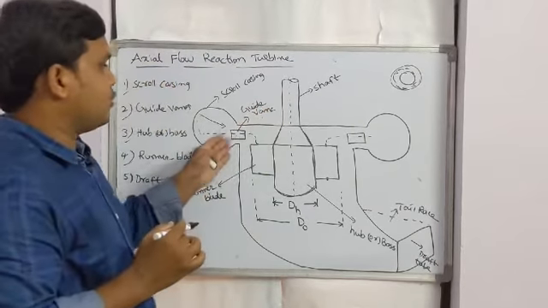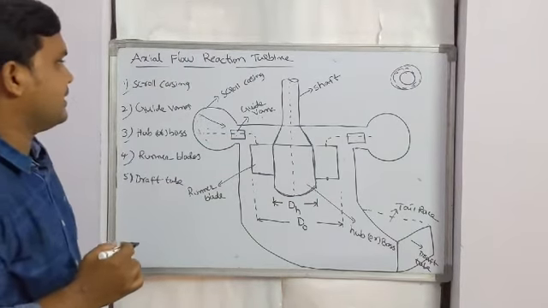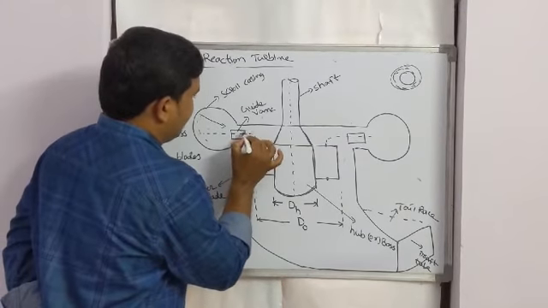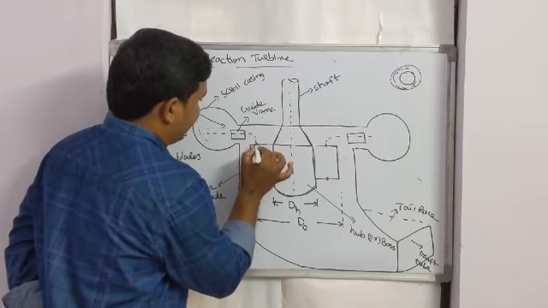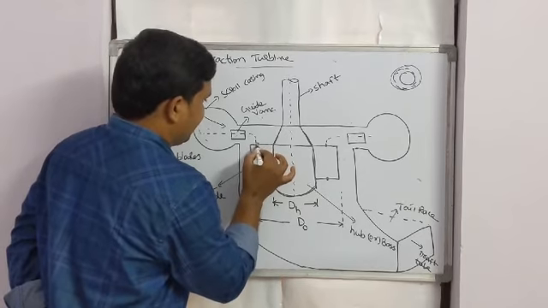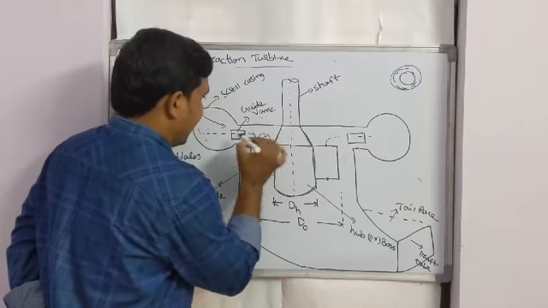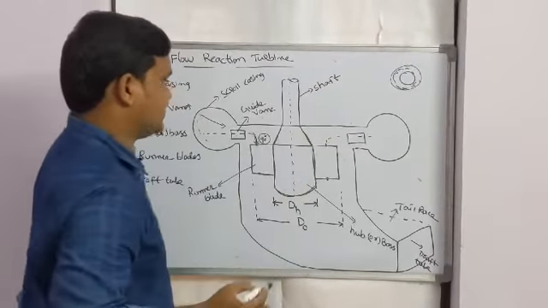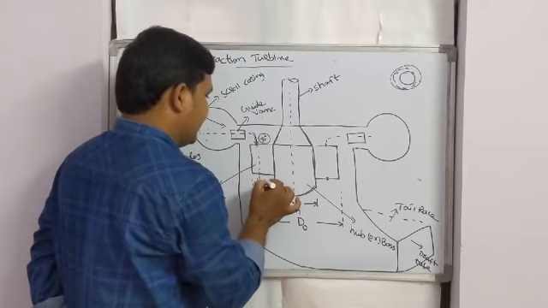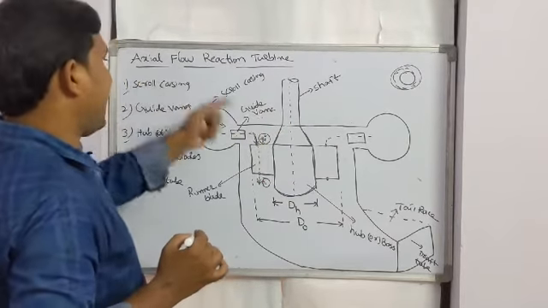If you want a better understanding, please refer to my animation lectures on the axial flow turbine, that is, the Kaplan turbine. Then the water coming through the guide vanes enters on, or touches, the tip of the blade. This is the tip of the blade. The water enters at 90 degrees, meaning axially, parallel to the shaft axis. It enters at 90 degrees and leaves in the same direction. That's why it is an axial flow turbine.